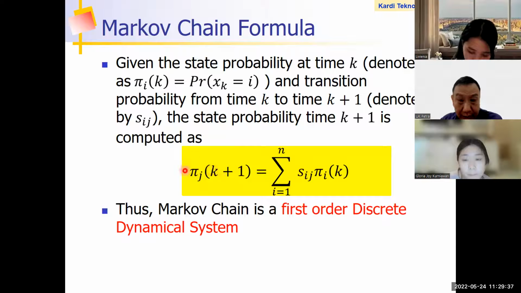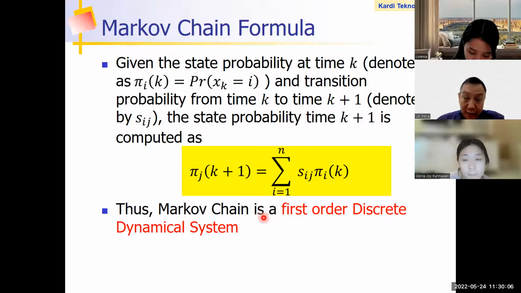Okay. So the next, this is the node value. The node value of j in the next time is equal to S, the stochastic matrix, multiplied by V at time k. And then you sum over all i. This is, I mean, the rows, yeah? Sum of all rows.